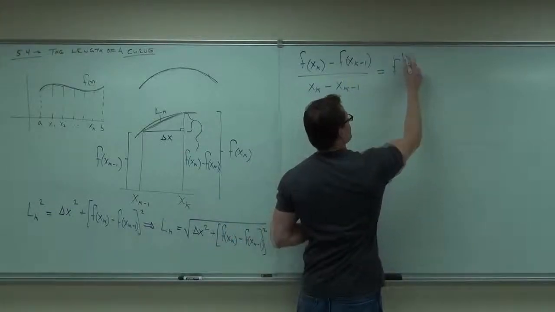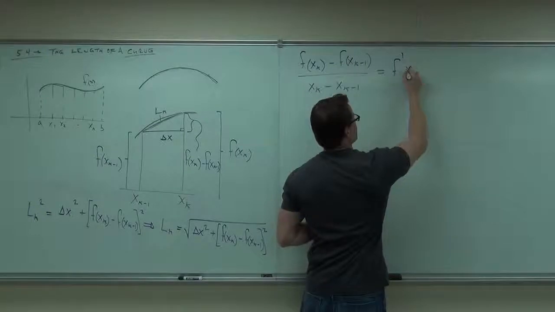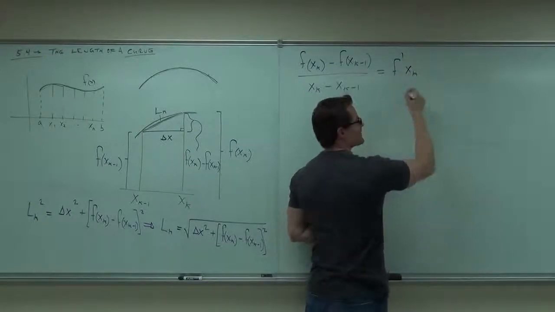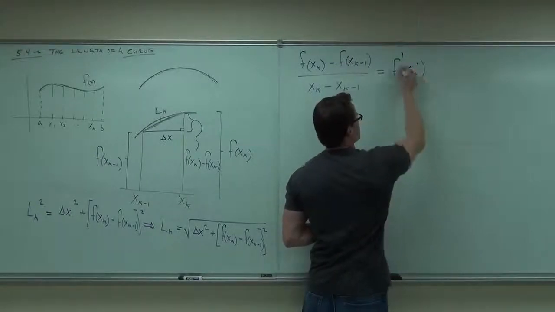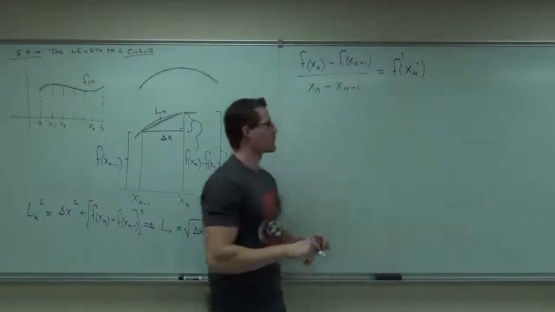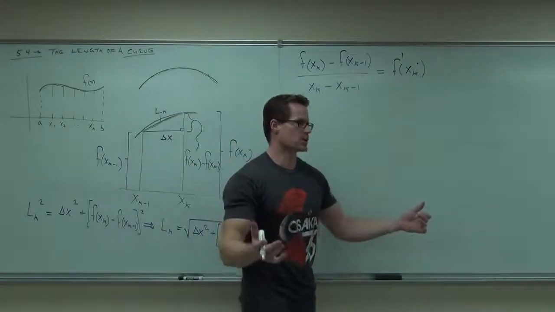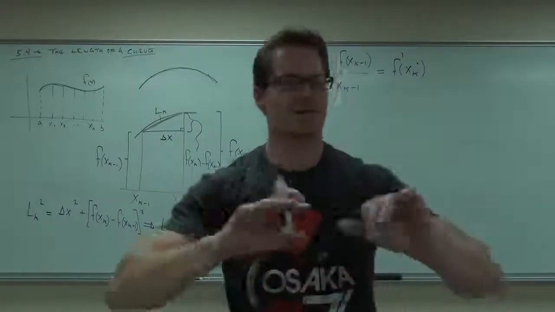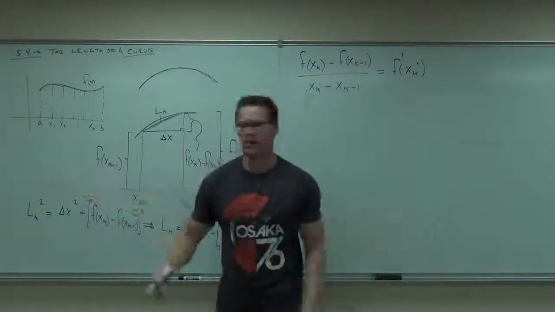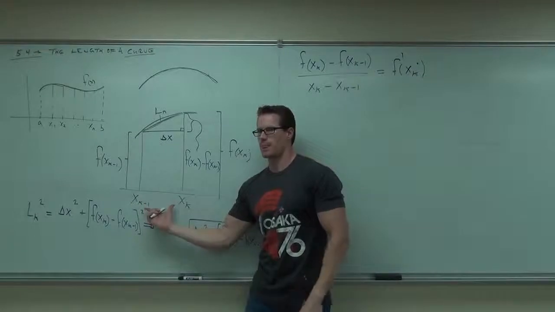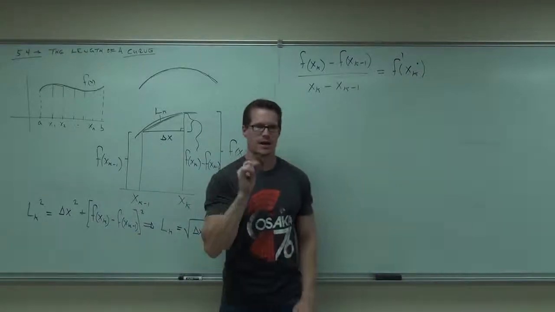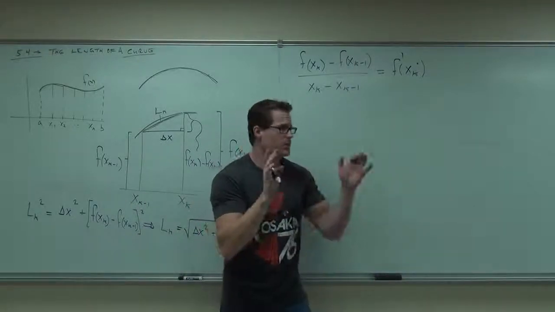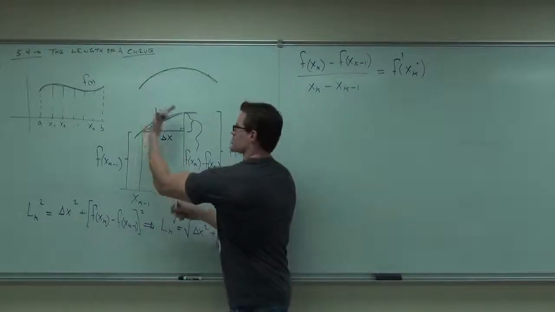First derivative. At some point, an arbitrary point between here and here. We don't know what it is. Does it matter where it happens? I don't care. Why don't I care? What's going to happen to these two numbers? Bam! Smash them together. That x_k dot is the point where the slope of my function equals the slope of